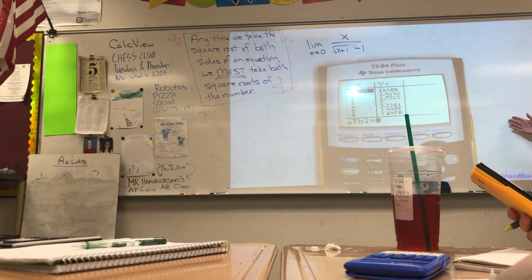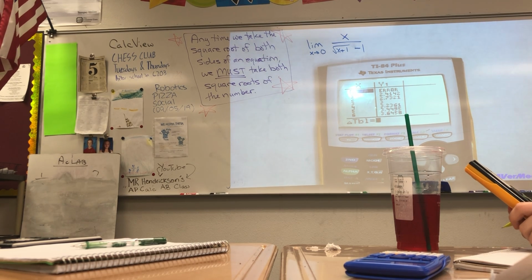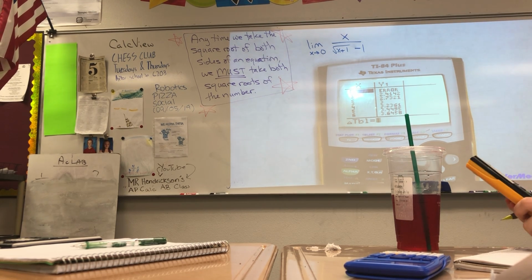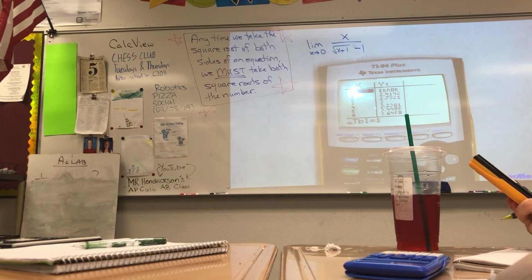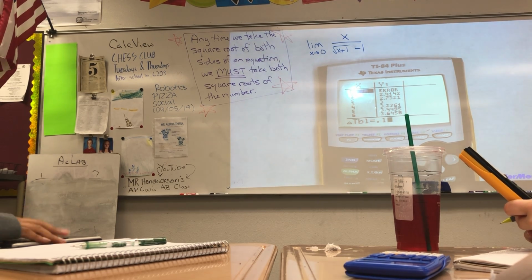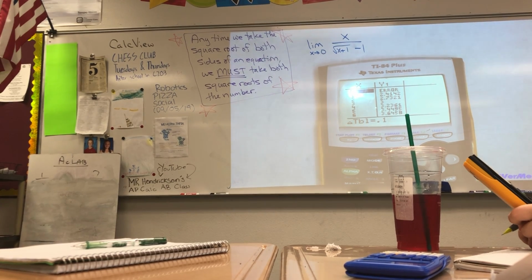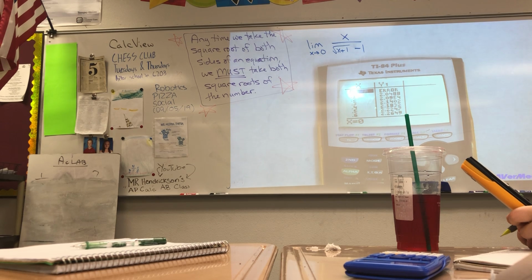And so remember how we had our little chart over here where we were changing by very small amounts? Well, let's do that here. Let's go by 0.1. What do you think about that? So we'll make our delta x, that's what this is, our delta x, we'll make it 0.1. And when we do that,